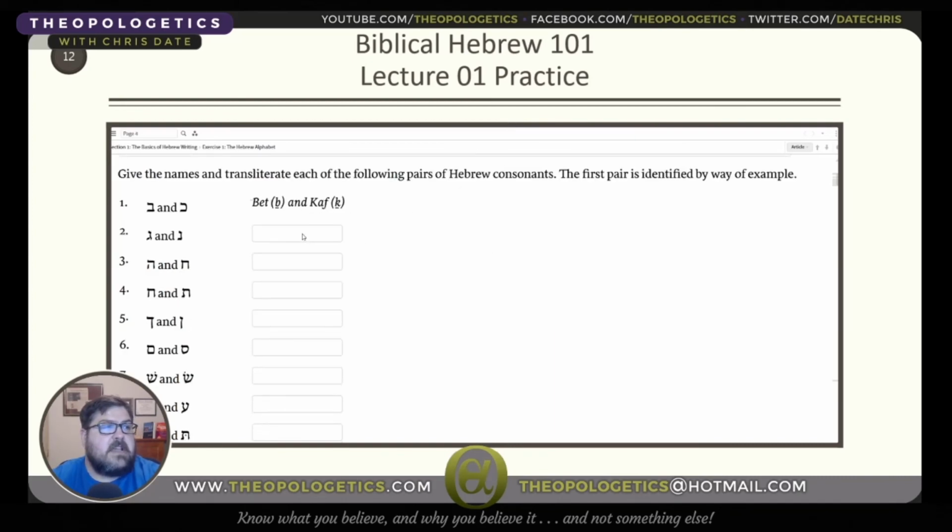All right, give the names and transliterate each of the following pairs of Hebrew consonants. In the first example, they've already completed it for us. It's Beit and Kaf, both of them without Dagesh in it, and so they are transliterated with the line under the English letter. This is Gimel, and it's transliterated using a G, and Nun, which is transliterated with an N. This is Hey, which is transliterated with an H, and Chet, or Chet, depending on how you want to